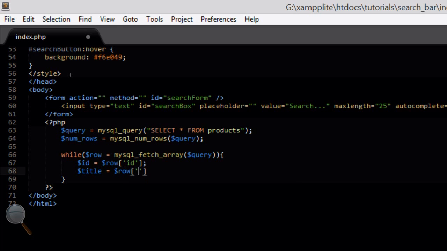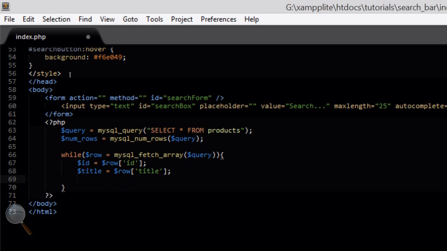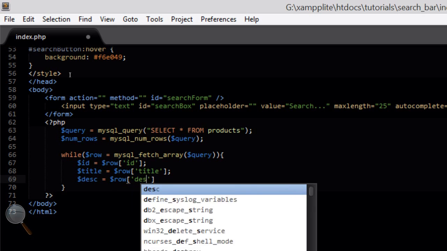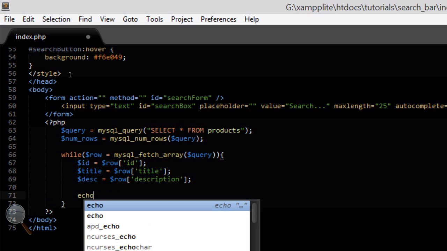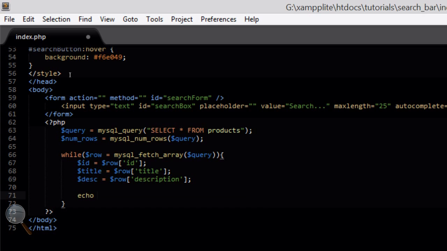And then finally $desc, which is short for description, obviously, equals $row['description']. So this basically targets the ID, the title and description within our database, those columns, and